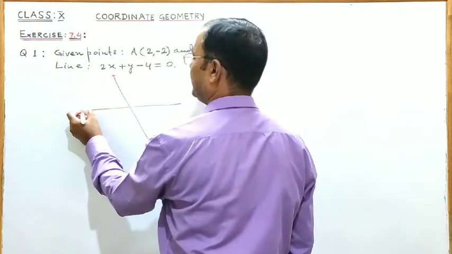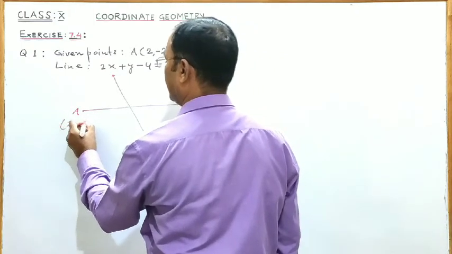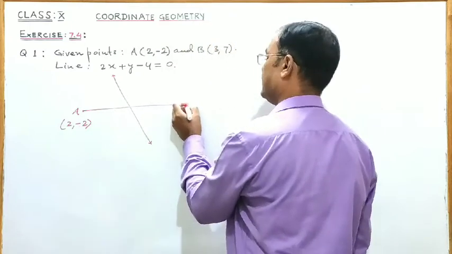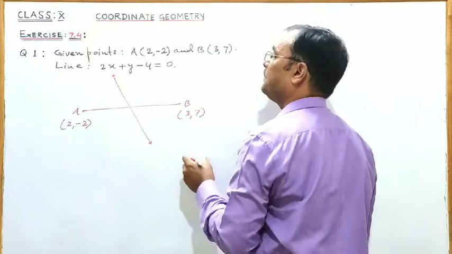In this question, A and B are two given points with coordinates (2, -2) and (3, 7), and